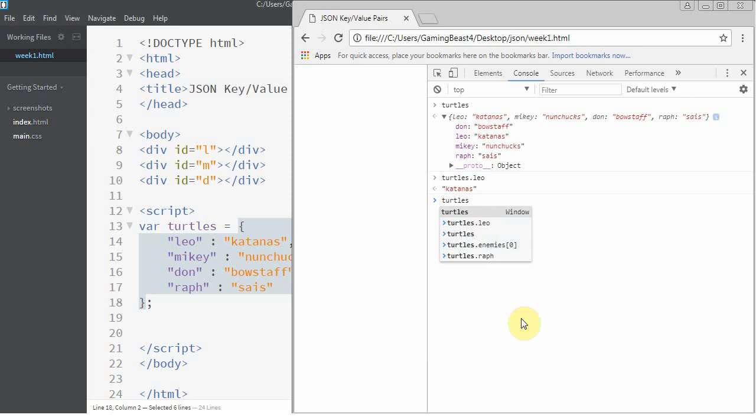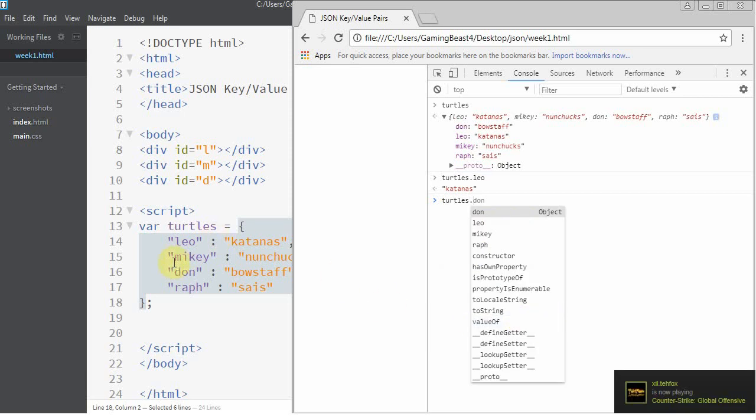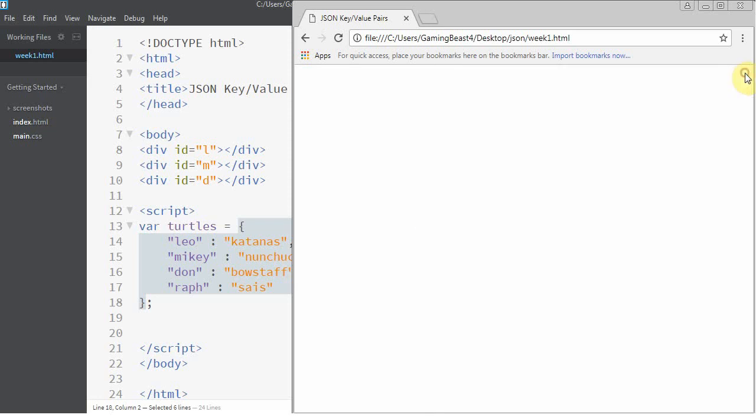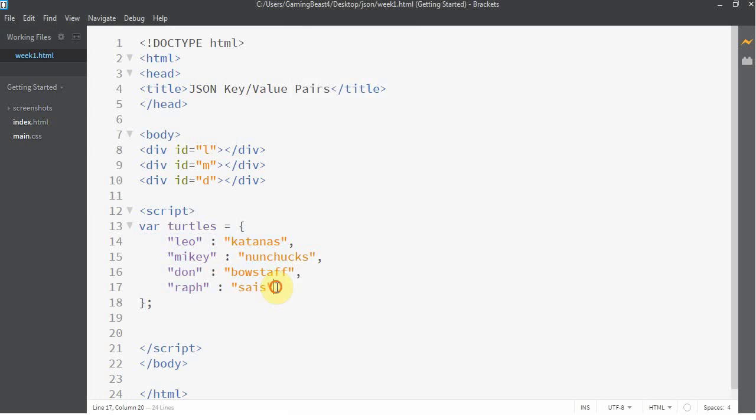And then we go dot the key of the value that we want to access. So I can say Don, and it gives me bo staff. Now this isn't really doing anything, this isn't affecting the code, but this is just a way you can play around in the console to make sure that you can access things that you need to access. Okay,